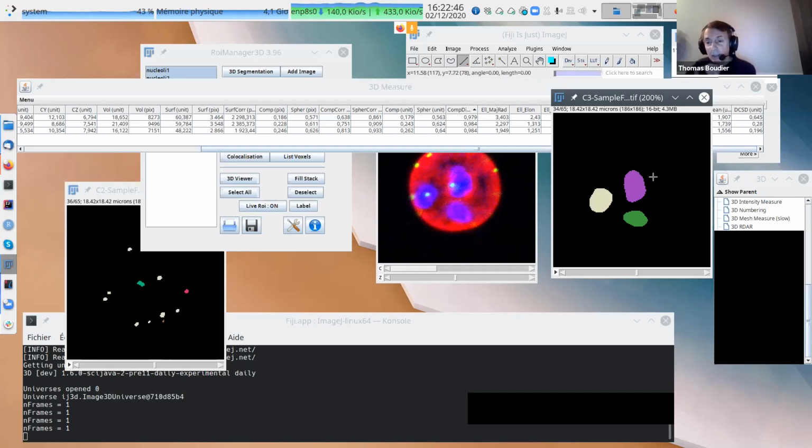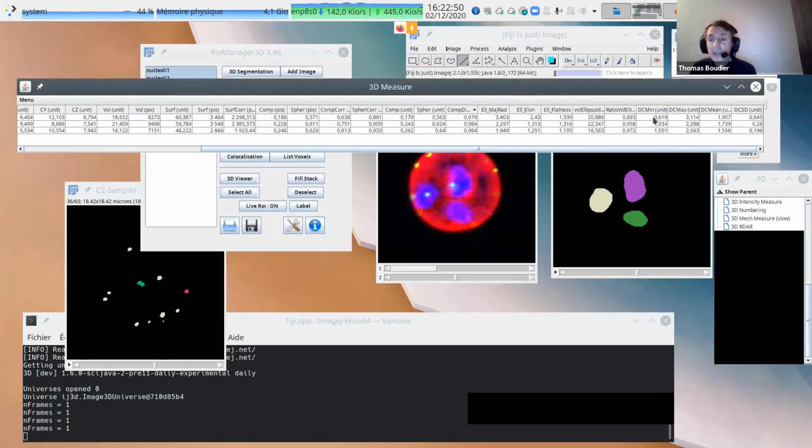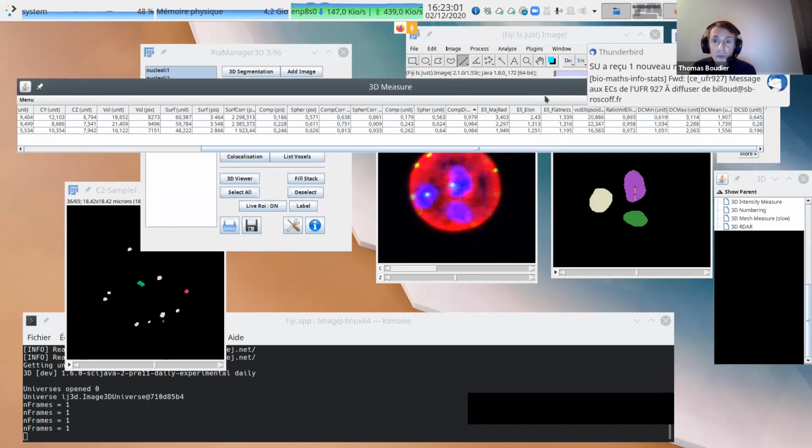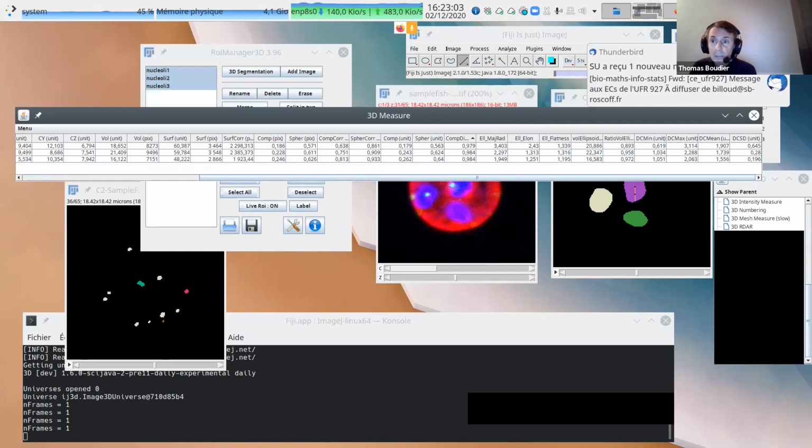We compute the minimum distance, maybe for this one it's like this. Maybe the maximum distance is this one. We also compute the average distance and the standard deviation of all these distances.